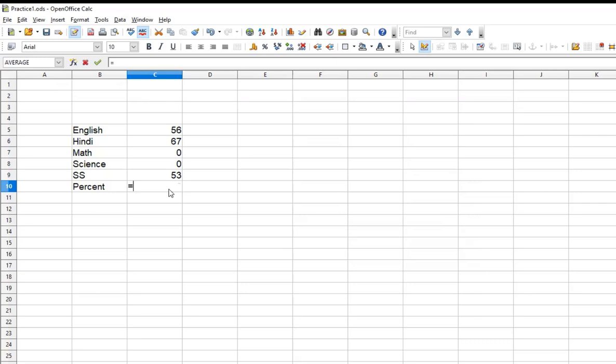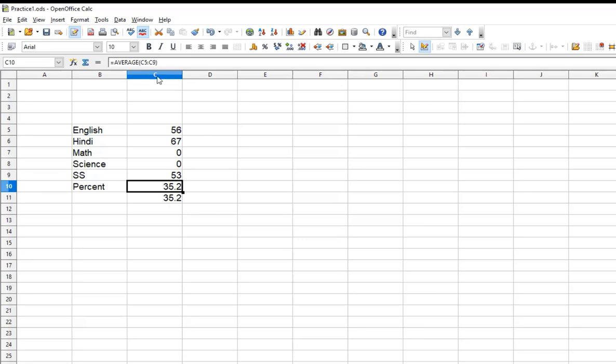You just have to calculate the total of all this divided by the number of subjects, or you can use a function which is already available with your calc. So I'm just going to make use of the average function. Average bracket, and you specify the range over here. You close the bracket and press enter. So it gives you the percentage, that is 35.2.